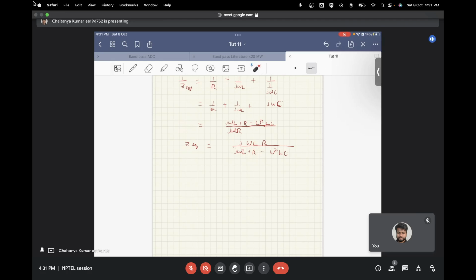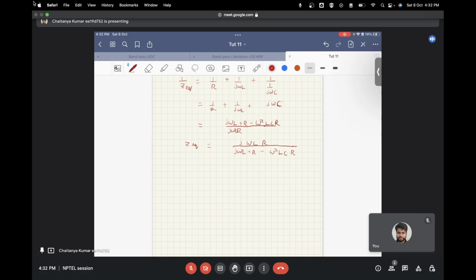Now what is this? This is s square times LC. If we have j omega as s, you get s square times LC. So what is it? This is s times L times s times C. Sorry, here you will have R also. So this was the mistake that I committed over here, and that got caught in the